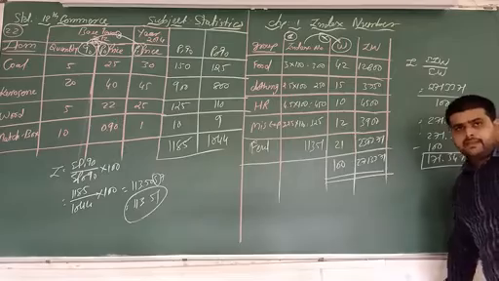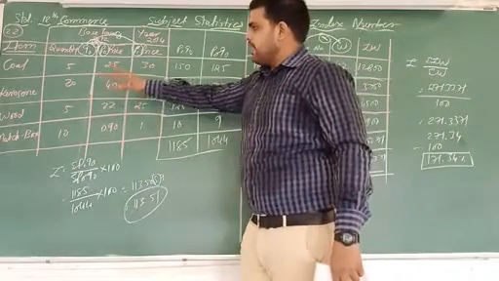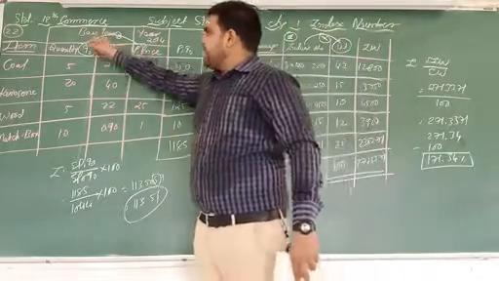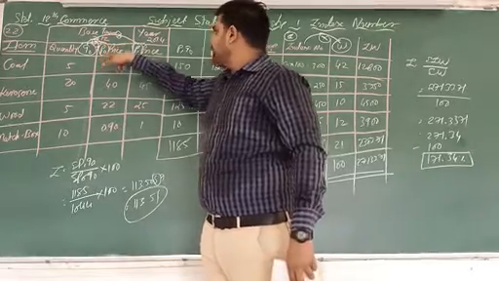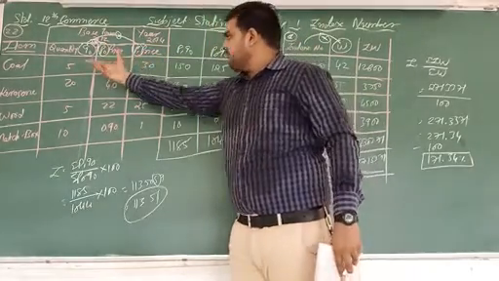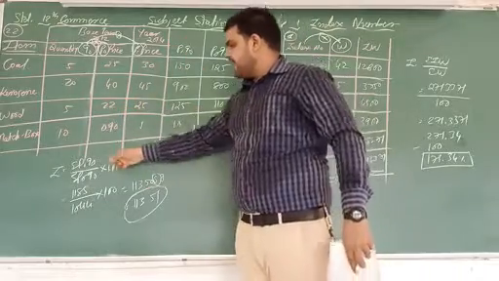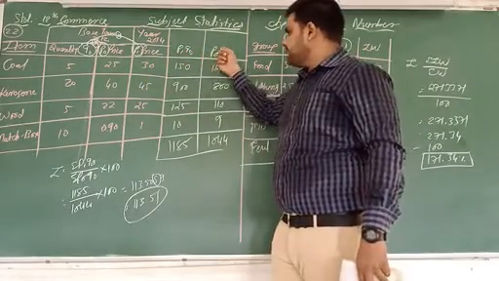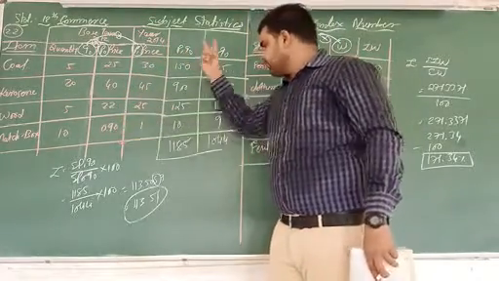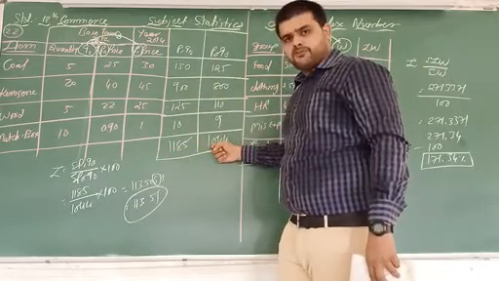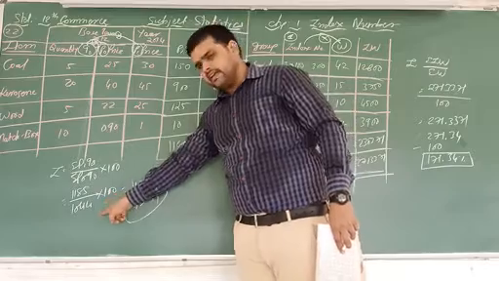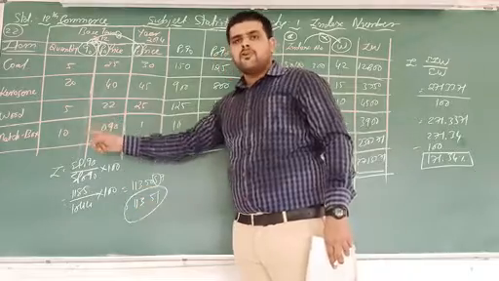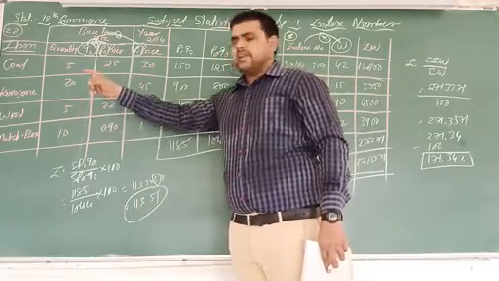What do we have to do again? We have to give the information of coal, kerosene, wood and matchbox, which is related to fuel: base year quantity Q0, base year price P0 and current year price P1. Whatever data is given, we find out. The formula is P1 Q0 over P0 Q0 multiplied by 100. With multiplication, the answer will be 1185 and 1044. We put this data here and find the value 113.51. This is the index number of coal, matchbox, wood and kerosene, which is related to fuel.